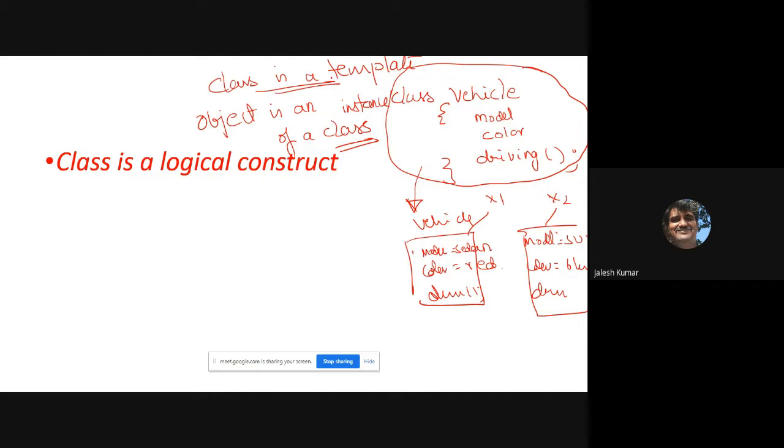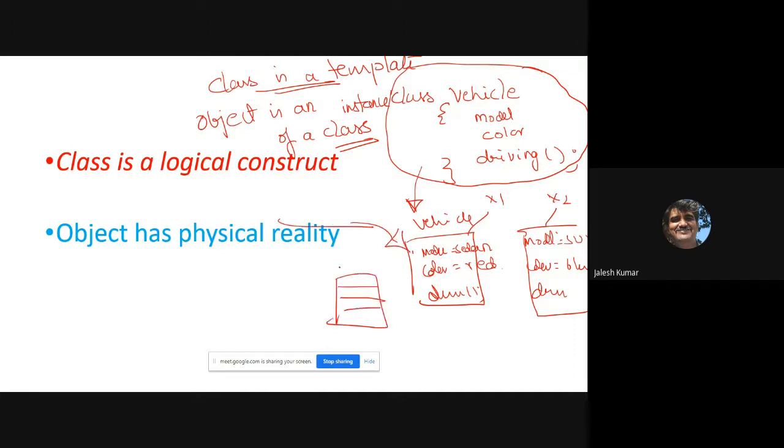It is not telling anything about physical location. It just tells the framework, the template. Now, an object has physical reality. Is it not? When you are defining like this, it allocates the memory. Allocating the memory means physical reality, an object.